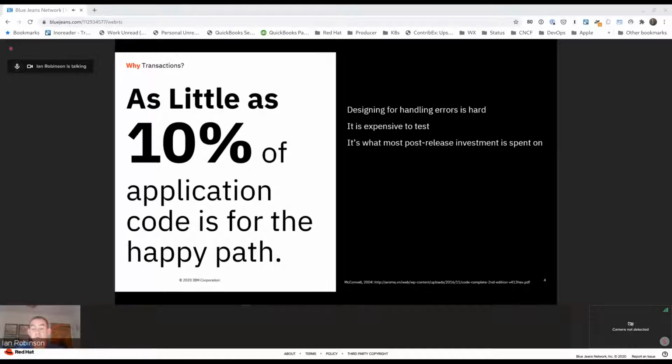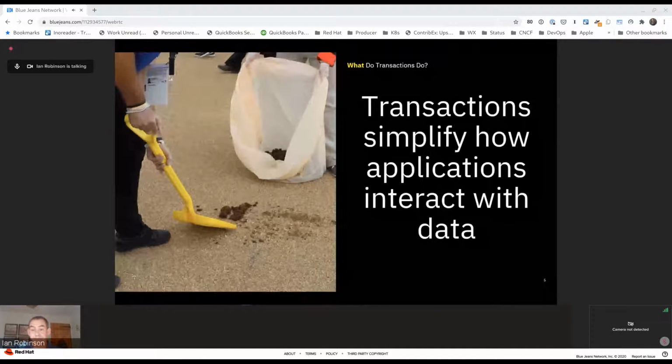So not only is that a huge blocker on productivity, which is about the happy path, but it's also a huge part of the test cost. And I think everybody here is familiar with the fact that most of the money we spend post-release on application maintenance is about the error path. So transactions to a large extent are all about reducing that.